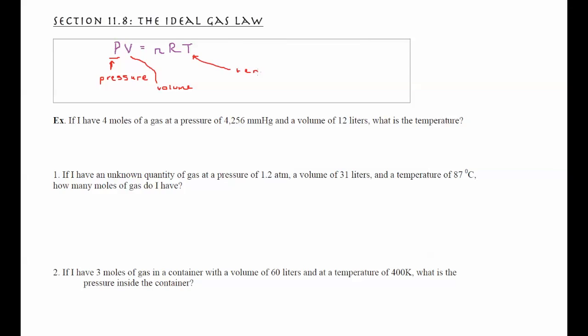The 2 new terms that we're going over are your N, which represents your number of moles, and then R is what we call your ideal gas constant. So this is your ideal gas law constant, and the value of it is